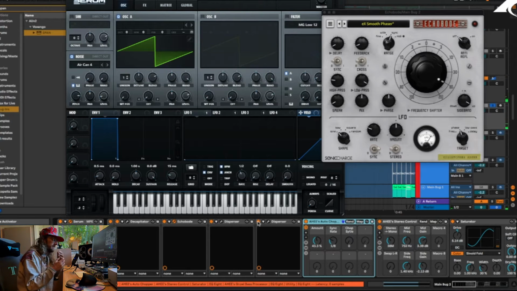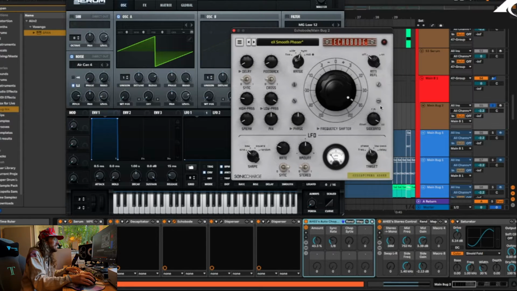Disperser is really interesting. I don't know if anyone's explained it to you this way, but it's almost like taking the entire spectrum and delaying the spectrum. So the low end happens first, and then the low end happens second. It's like sweeping through the frequencies instead of just playing them all at once. I think that's really what's interesting about that. Decapitator just sort of beefs it up a little bit here, but you can see here within the Echobode, if we were to play around with this,